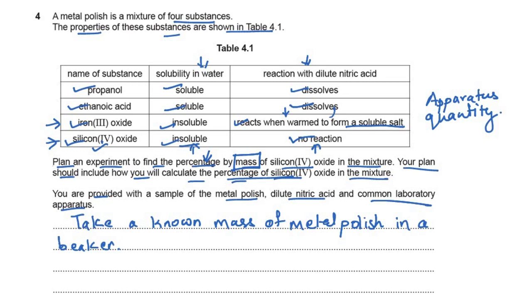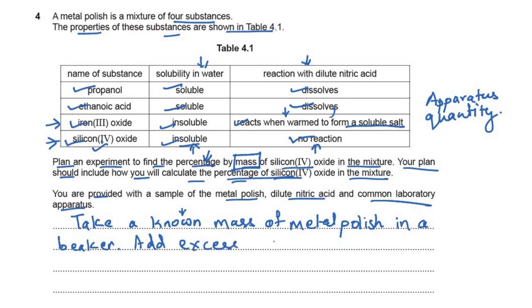If we want, you can mention also that we can take 2 gram or 5 gram of the metal polish. In place, I've just written here known mass. Means before using, we are measuring the mass. That is important. Okay, next what we are doing is add